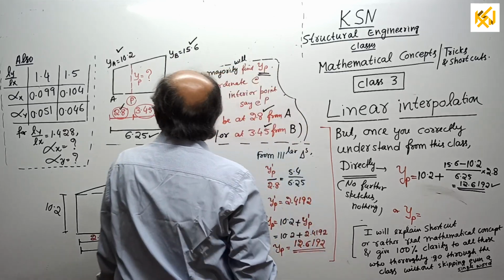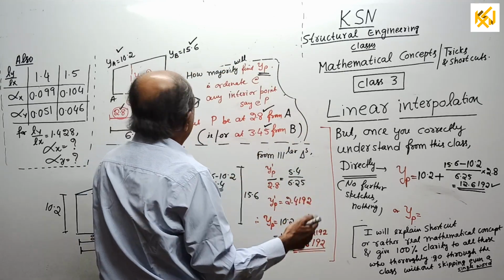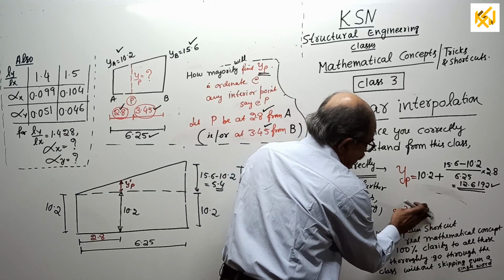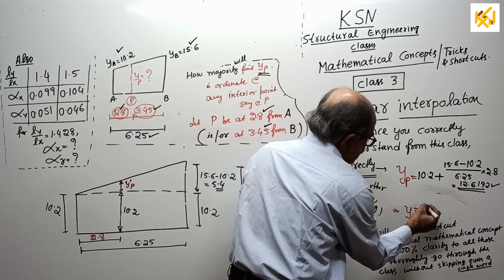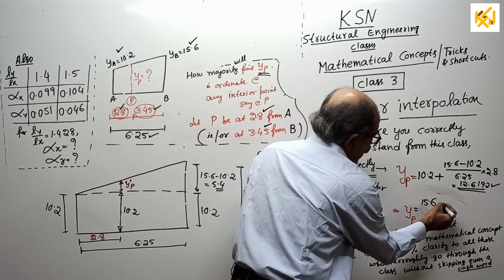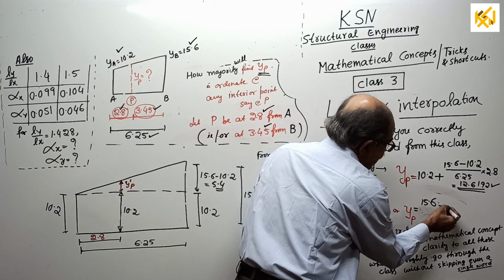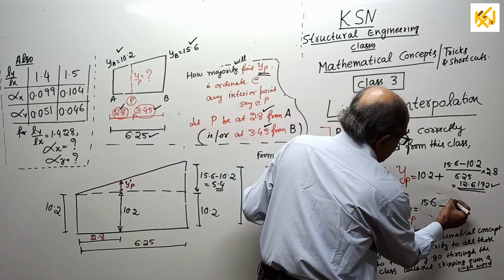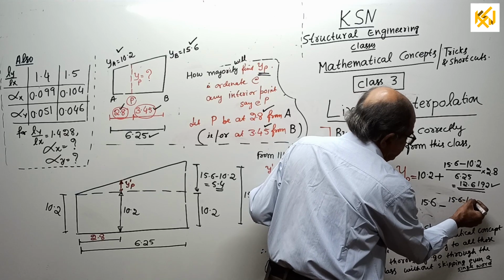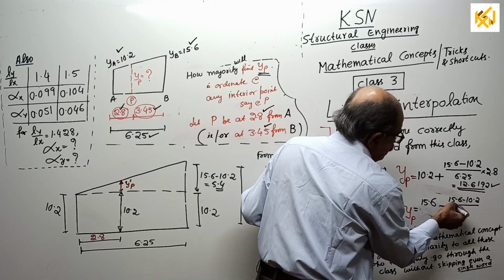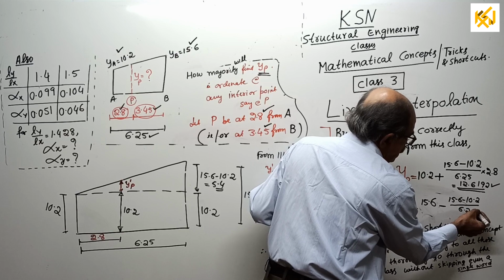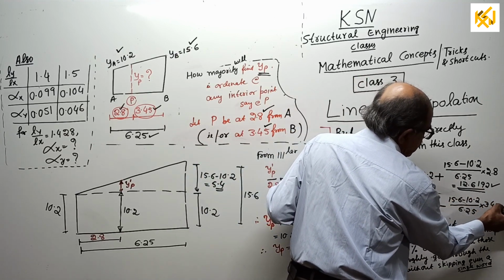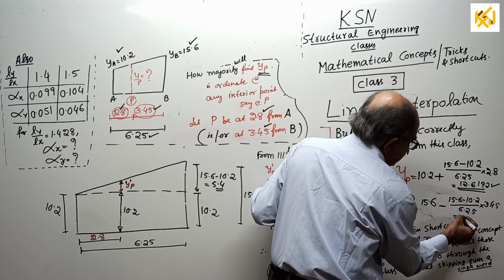Or other way, both are okay. 15.6 and a little space problem here. I lift slightly. Okay. 15.6. Now I use minus, not plus. I use minus sign. Minus 15.6 minus 10.2 divided by 6.25. I multiply with 3.45. 3.45. Now also I will get